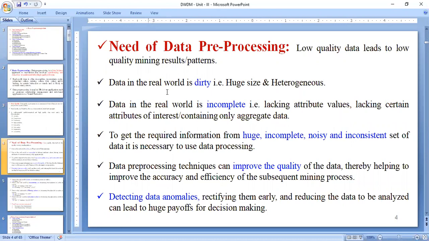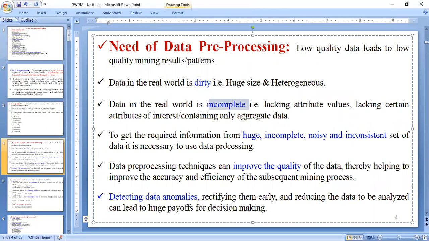To get required information from an incomplete set of data, the best thing is to perform data pre-processing. That is the information about data pre-processing.